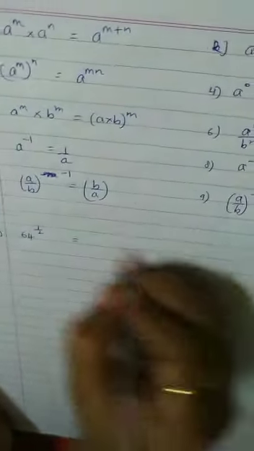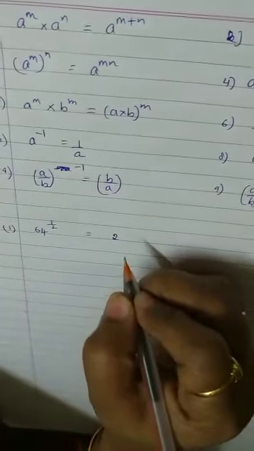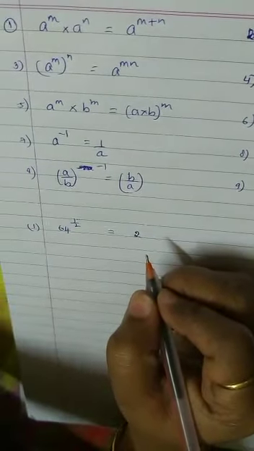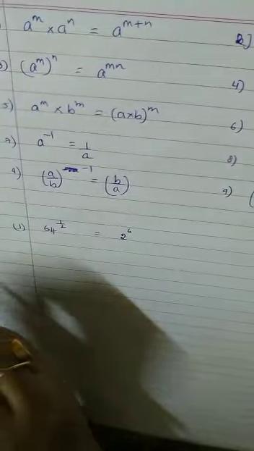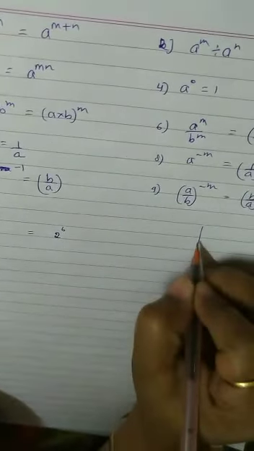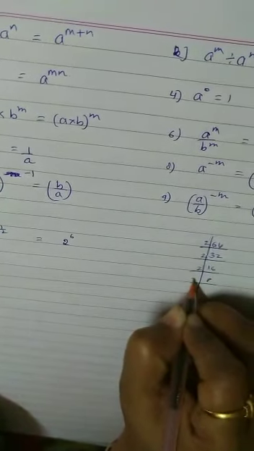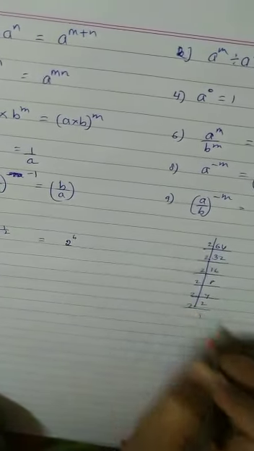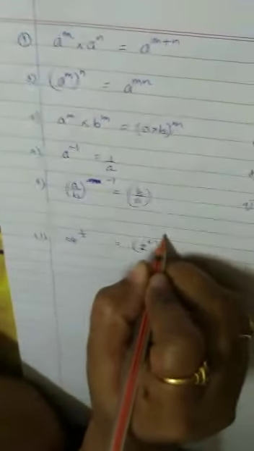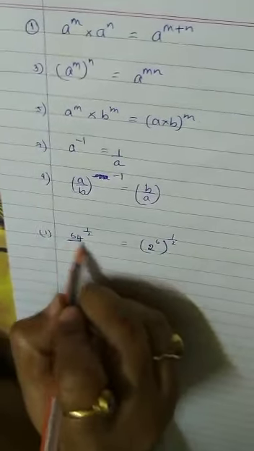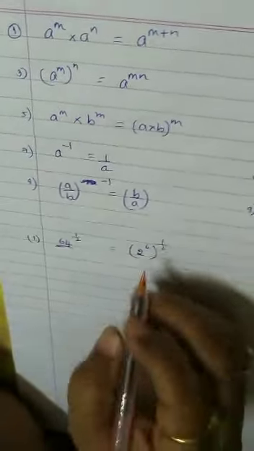These were the formulas that we did. Now simple things. If you remember your formula, it's simple to evaluate. Suppose I have 64 raised to half. I know 64's prime factorization would be 2 raised to 6. Am I right? 32, 16, 8, 4, 2, 2, 1. So this is 2 raised to 6, the whole raised to half. We wrote this in the simplest form.